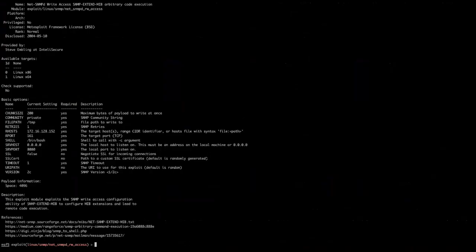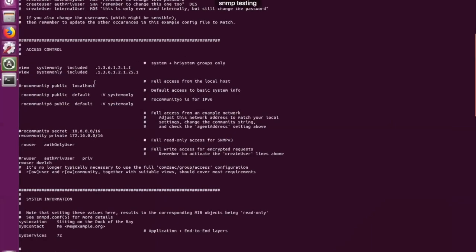So this should be a fairly quick one. Yeah, like I said, it's just a simple exploit of SNMP. Sorry. So this is the kind of config you'd need for it to be exploitable. You essentially just need this read-write community string here. You need to be aware of this name. I've just called it private, and then you need to have access from the computer you want to run the